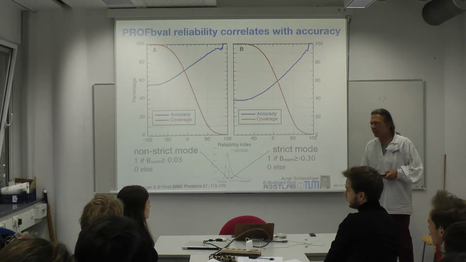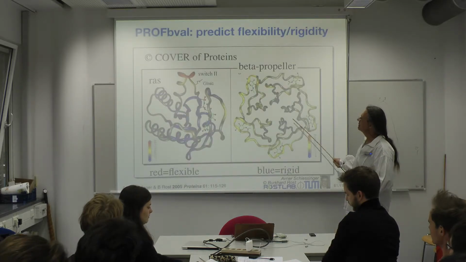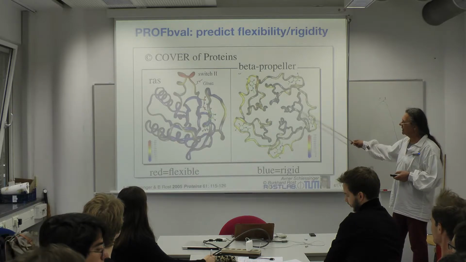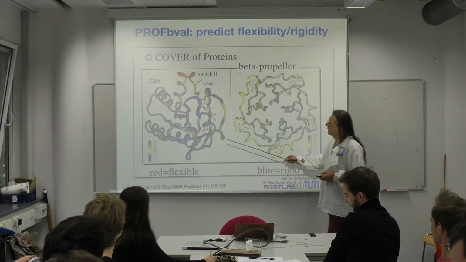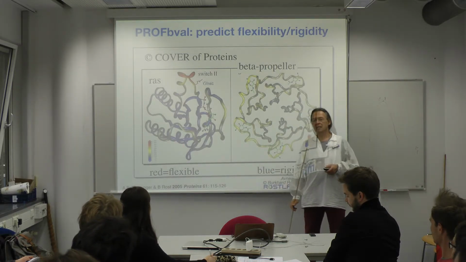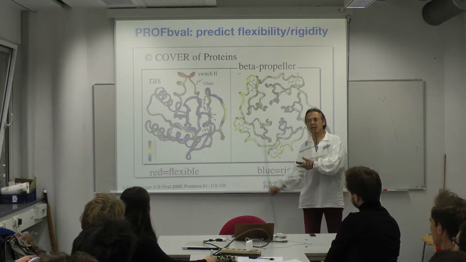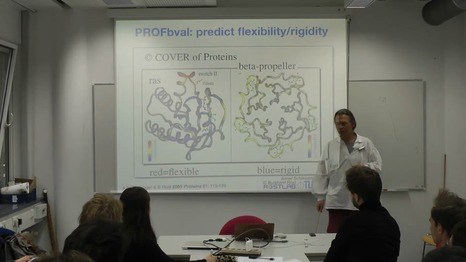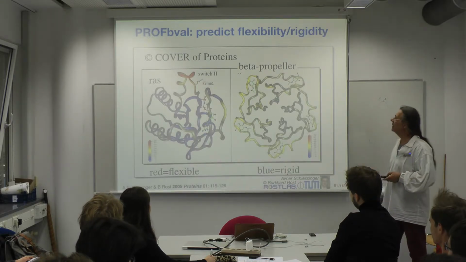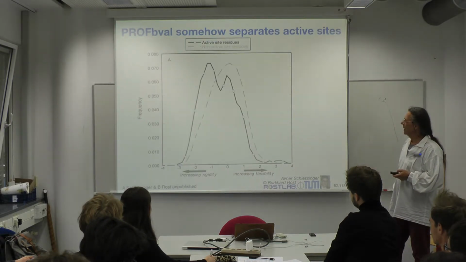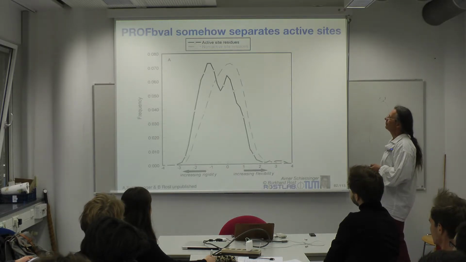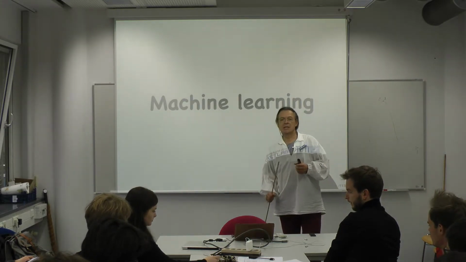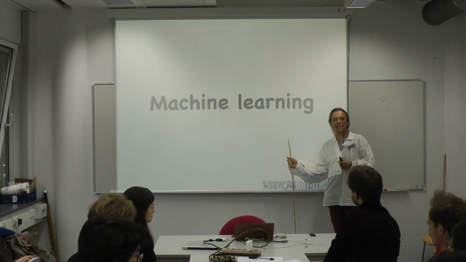But this method at least allows you to predict in some cases proteins, in the beta propeller, where the functional site is rigid, and examples where the functional site is very flexible. So we predicted that this one is flexible, we predicted that this is rigid, and we predicted that both of those are functional. At the time it was a cover of a journal. So it works somehow. But ultimately, the problem is where to pick the point, and in some sense, we should